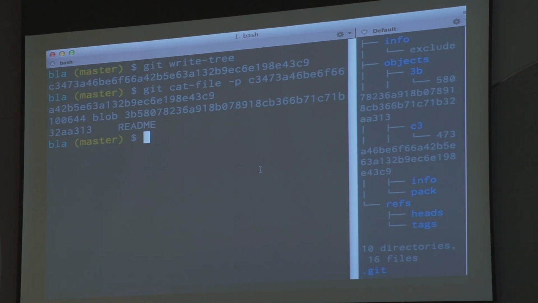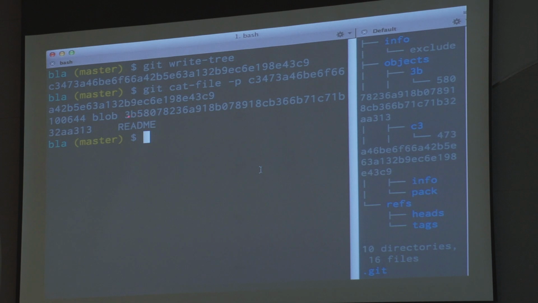So Git says the line that's stored in this file looks like this: 100644 space blob space 3b blah blah blah tab readme. What Git did is it took this string and created a SHA out of that. Does that make sense?